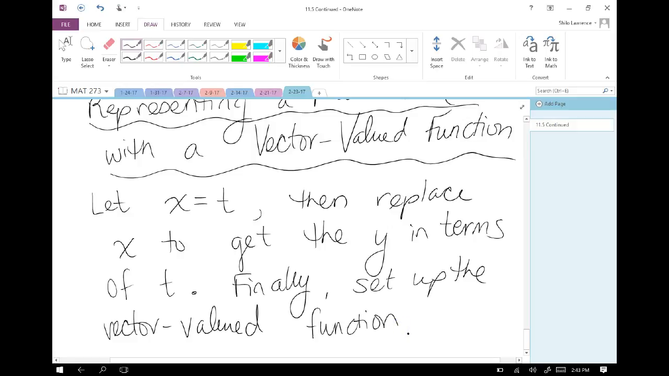Assigning x to be something other than t wouldn't change the curve. It would just change how fast or how slowly we go through the points on the curve. So right now, it's like a one-to-one correspondence. When t is 1, x is 1. When t is 2, x is 2. When t is 3, x is 3. So if we wanted to go through those x points quicker, we could say that x is equal to, how